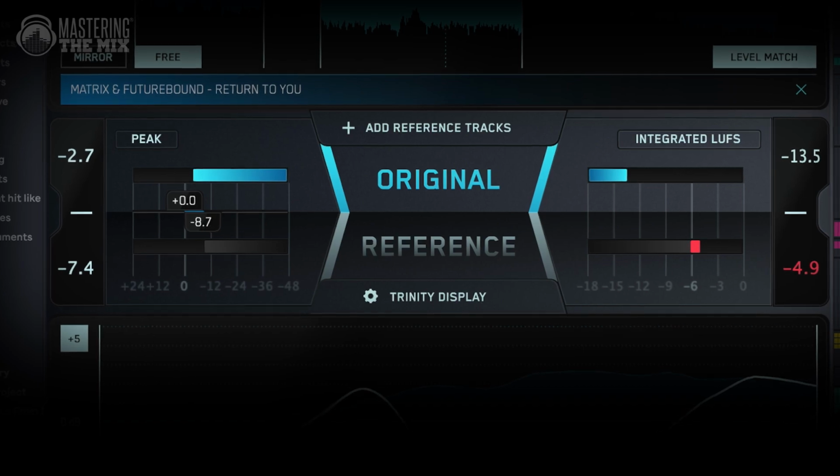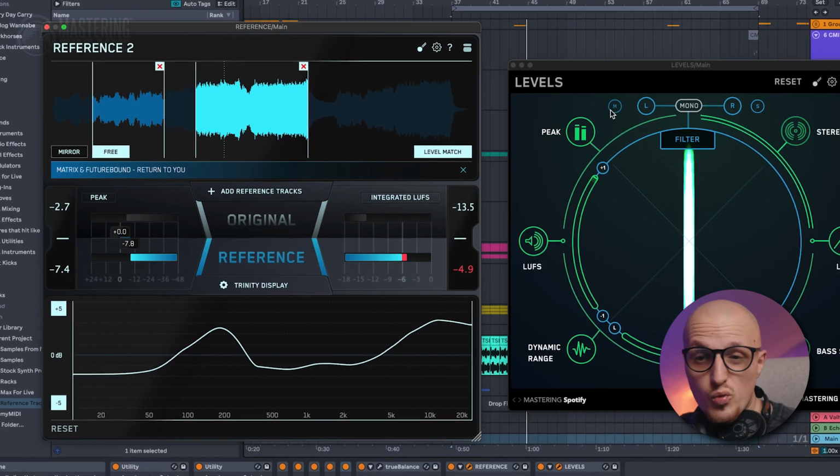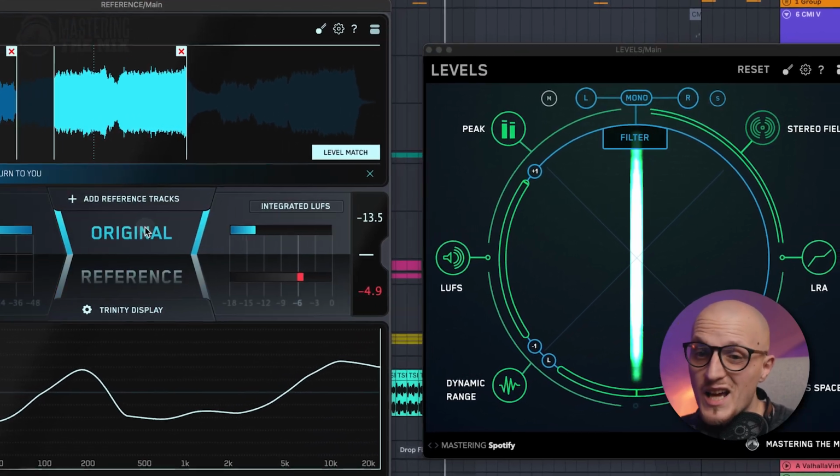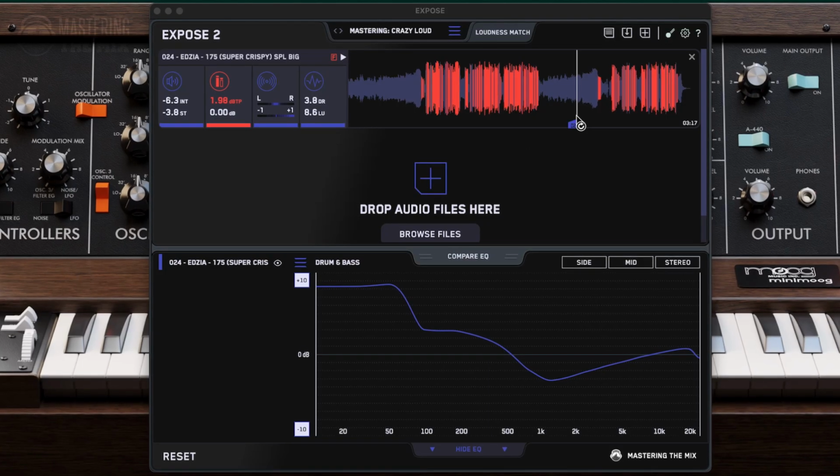Some of those values can also be present in Reference, so that's why I personally use stereo field the most. While switching tracks, I can easily compare their width, alongside separate mid, side and mono listening with the use of the filter above. There is a chance you will want to analyze everything I mentioned above in one plugin, and that's where Expose